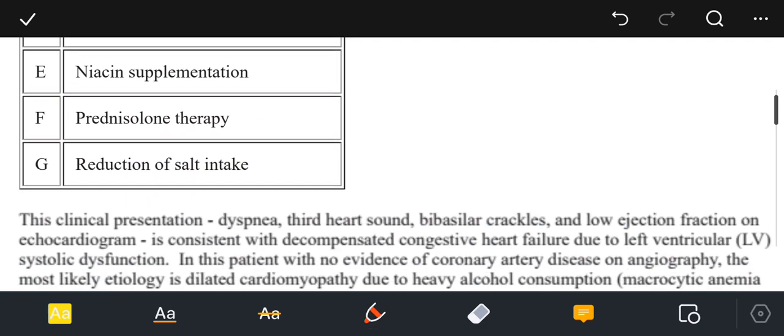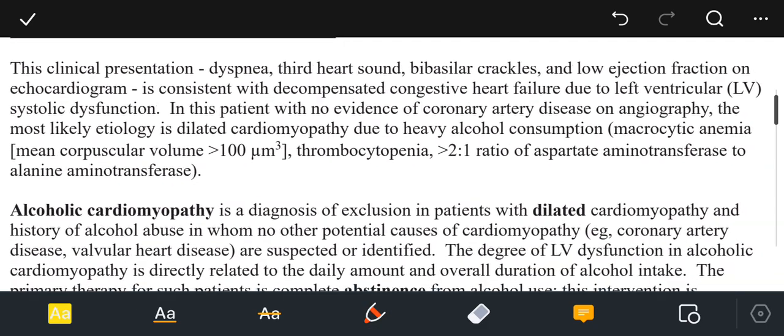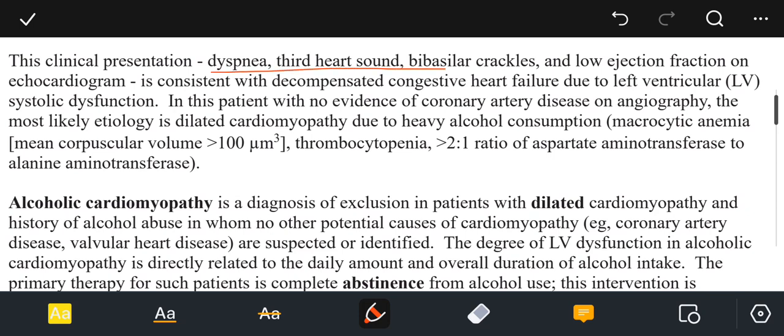So here you can see that the discussion is stating the clinical presentation: dyspnea, third heart sound, bibasilar crackles, and low ejection fraction on the echocardiogram, consistent with decompensated congestive heart failure due to left ventricular systolic dysfunction. In this patient with no evidence of coronary artery disease on angiography, the most likely etiology is dilated cardiomyopathy due to heavy alcohol consumption, with macrocytic anemia, mean corpuscular volume of more than 100 microcubic, thrombocytopenia,